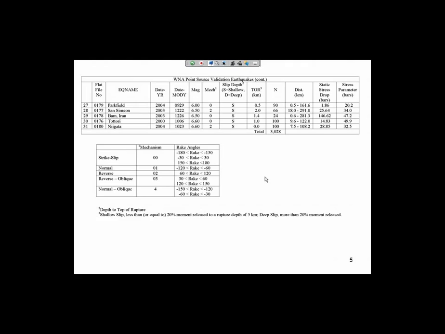And again, like every other parameter we've been looking at, we only have a handful of earthquakes that we can use to do this. But again, I would encourage as much data and interpretation of that data as possible to try to get a better handle on that. But the uncertainty is huge, so I think we have to be very careful about trying to use data from the West, for example, to propose something like that.